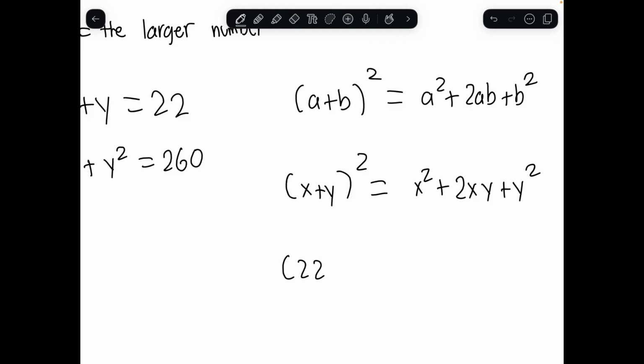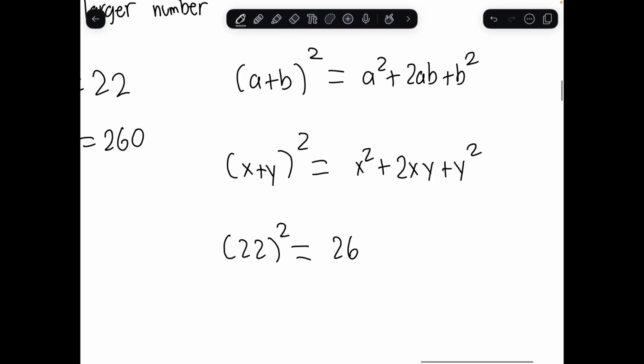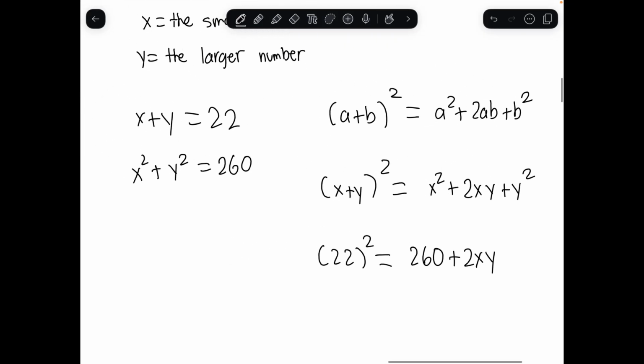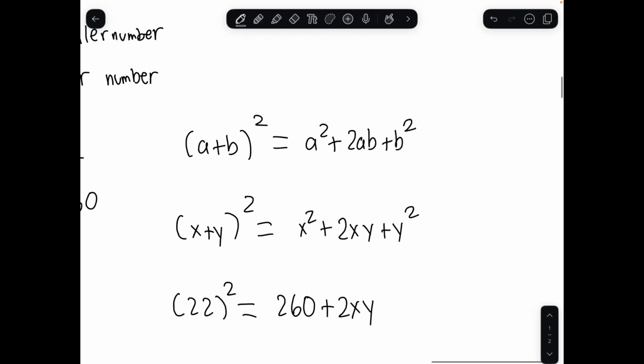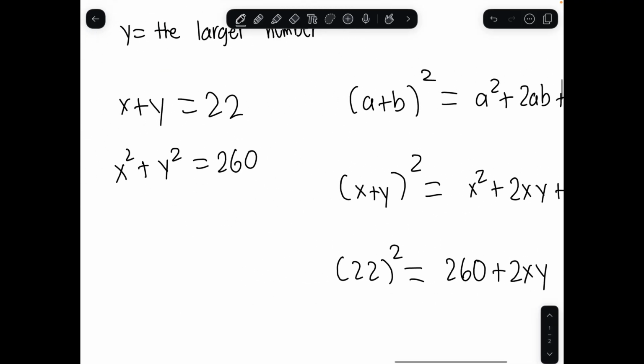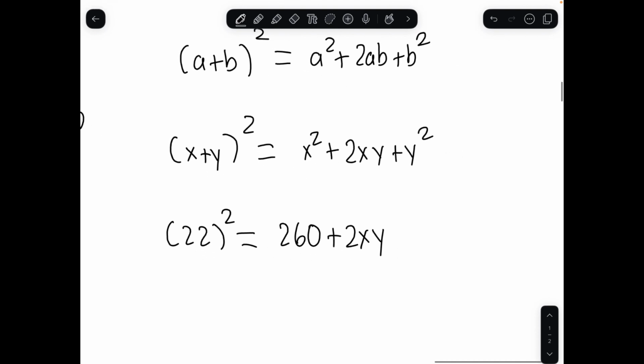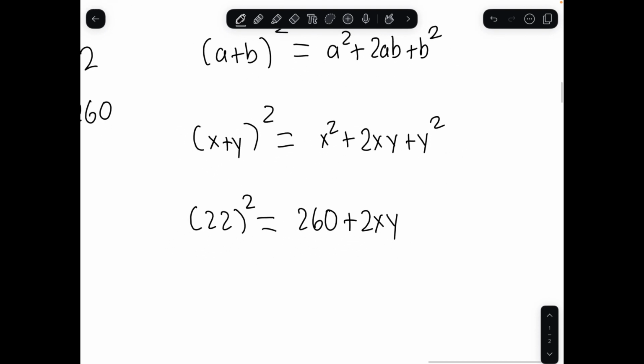So that would get you 22 squared equals 260 plus 2xy. And it's 260 obviously because 260 replaces x squared plus y squared. So now let's figure out what 22 squared is. Let me just use a calculator to figure that out. 22 squared is 484